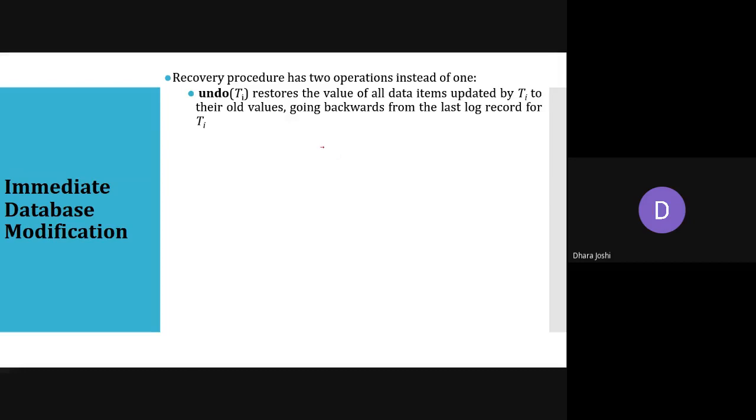So this is a transaction Ti we have made from instruction number 1 to instruction number 10, and here we are facing the failure. Total this is 20 lines of code. So here we are facing the failure, and we are undoing this. That means whenever we have a write operation, suppose here at the two places, we are doing the undo and going back to the previous value or the old value of the database.